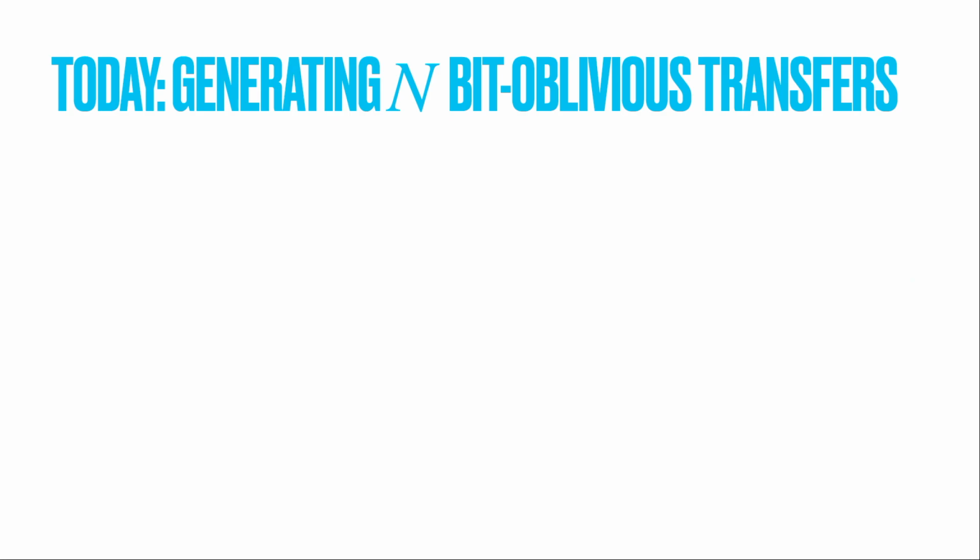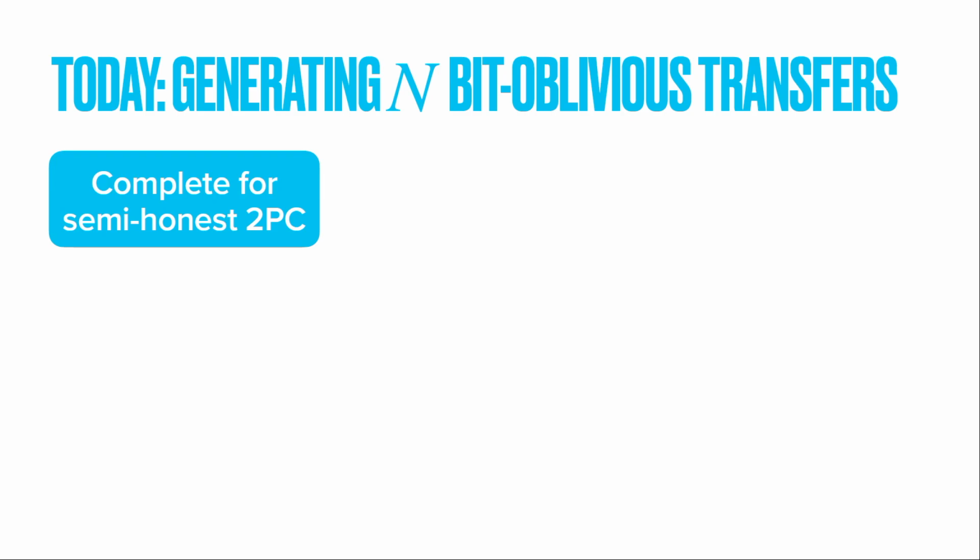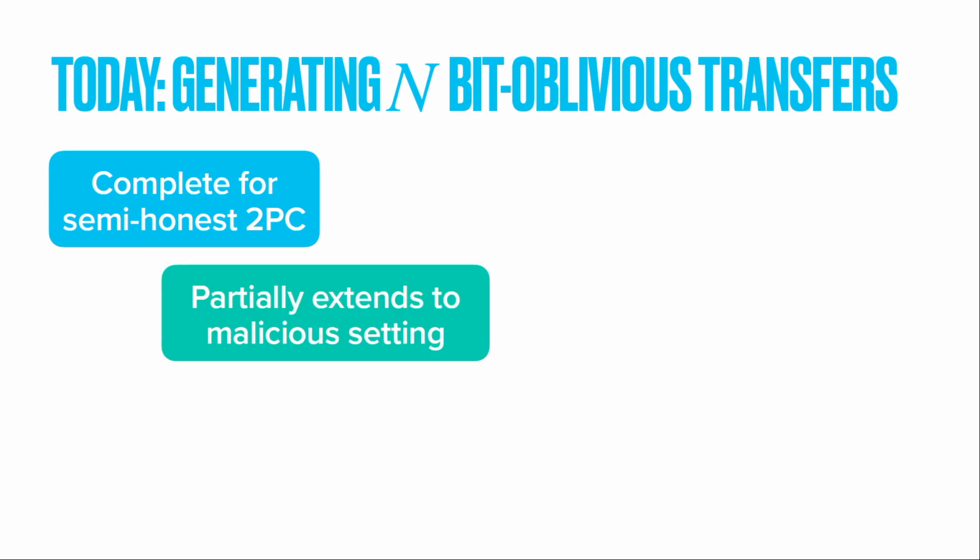I guess many in the audience have already seen it from the previous talk, but bearing with me for a second, why is this sort of an interesting computational task? Why should you care? Well, I'll point out first of all that this is known to be complete for semi-honest two-party computation. Okay, well, that's maybe not so impressive because we care about the malicious setting here, but in some sense, this completeness result partially extends to the malicious setting. So at the very least, if you have a way of generating bit OTs with malicious security, that will still give you some sort of nice security for general two-party computation. Essentially, you can get security up to some sort of additive attacks.